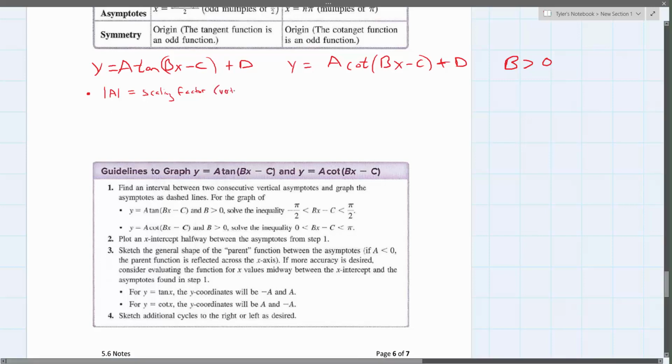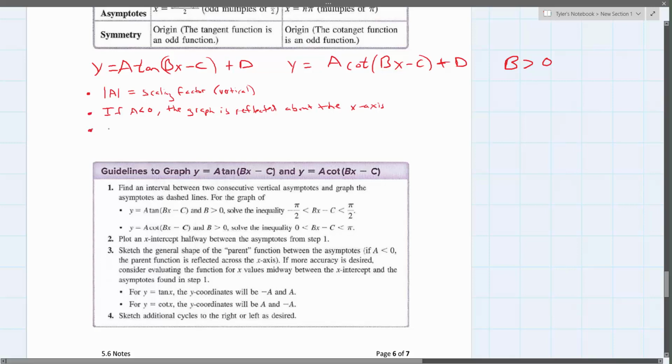This is vertical, so that's going to be a stretch or a shrink vertically. And then if a is negative, if a is less than 0, that's going to reflect the graph about the x-axis, right? So the graph is reflected about the x-axis,